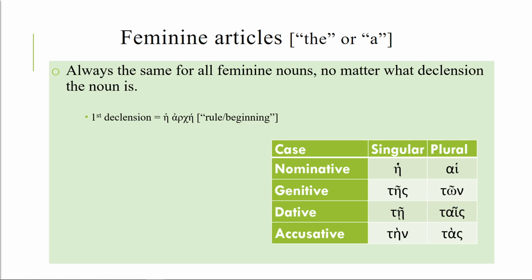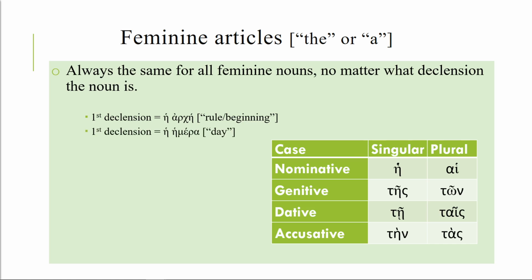A typical feminine first declension noun is arche, which means rule or beginning. We get the word monarchy from this, and the archon, the official at Athens. This is a typical first declension noun, as we call it, and you'll see that it looks just like the article in its ending, and in fact, it declines looking just like the article endings. However,